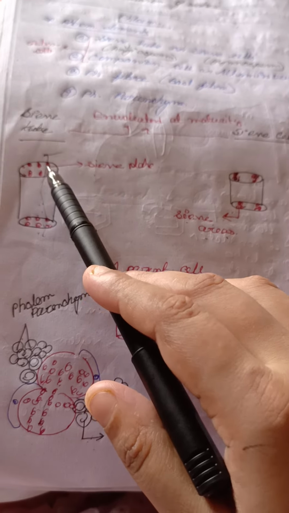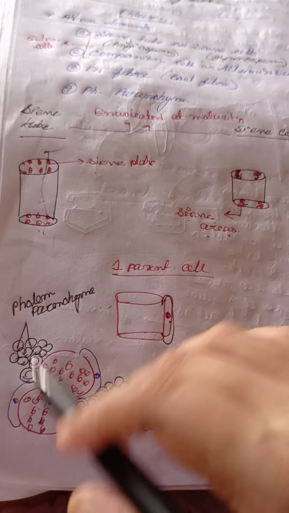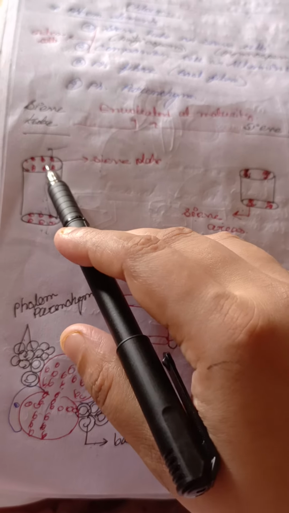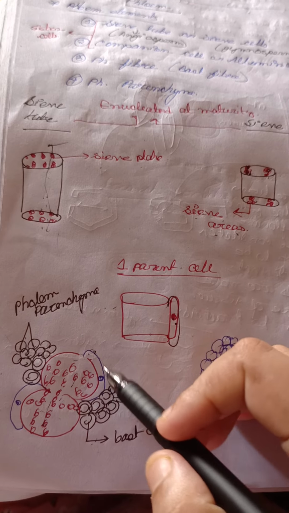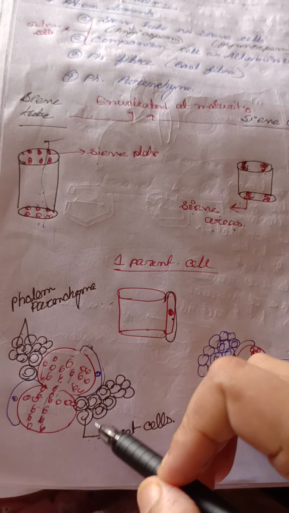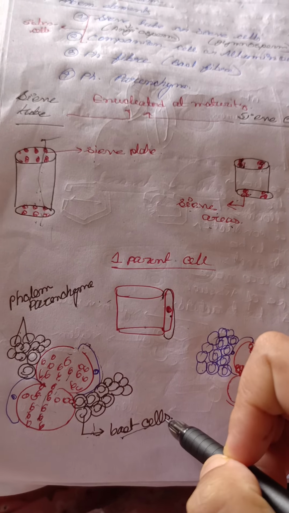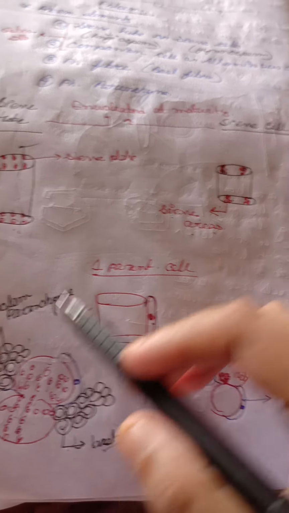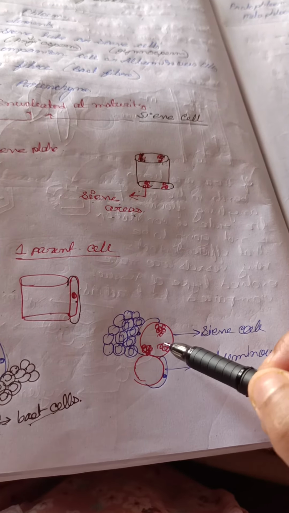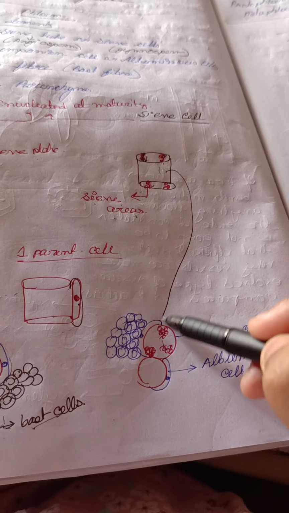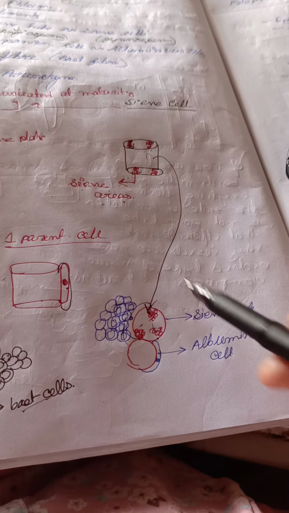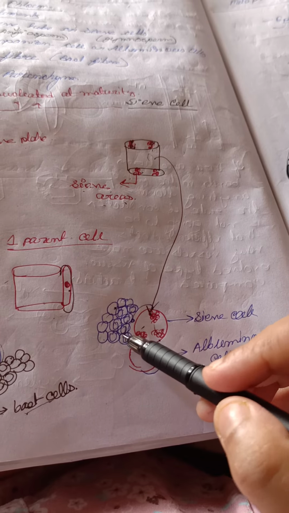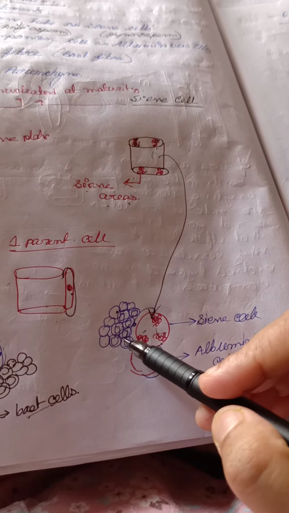Now, if you see the phloem under a microscope, what will we see? These are the sieve tubes, so this is the phloem tissue. If the sieve tube is arranged in this way and the sieve plate is present, then this will be this, and here the companion cells are attached. These are the bast cells, meaning phloem fiber, and these are the phloem parenchyma. Same thing will be for this. If the arrangement is like this, then there are the sieve areas, companion cell, phloem parenchyma, bast cells meaning phloem fiber. Okay,